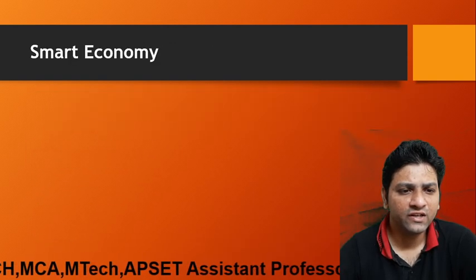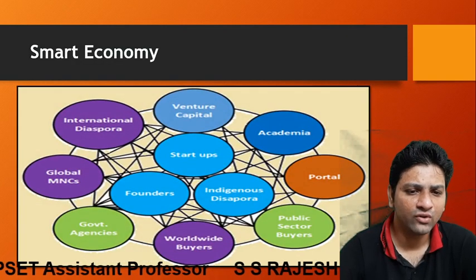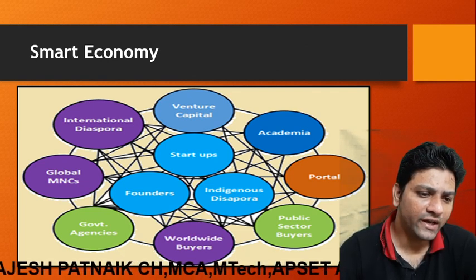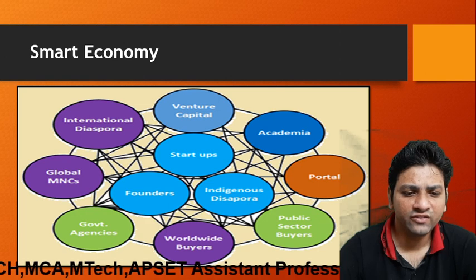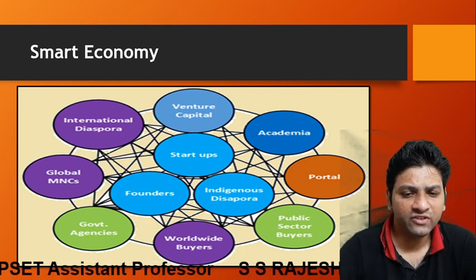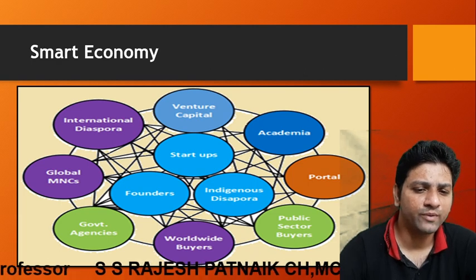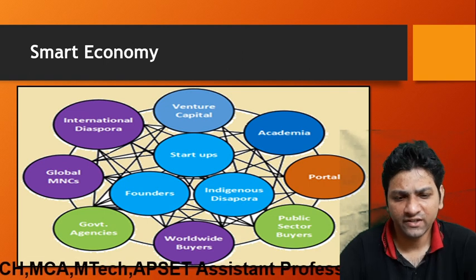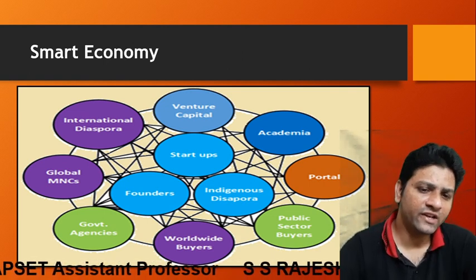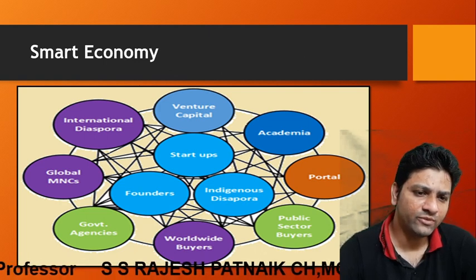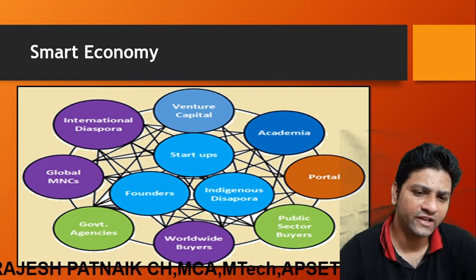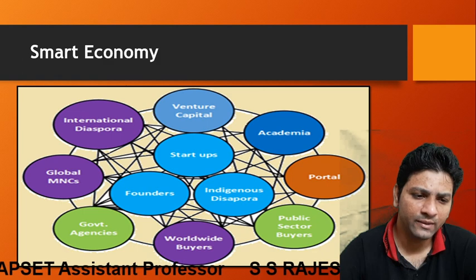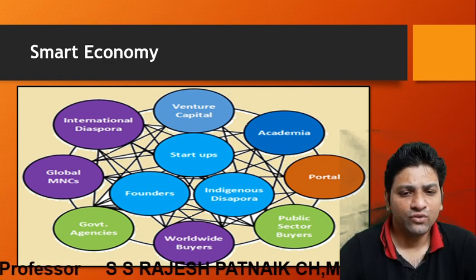The first thing here is smart economy. If you take the global connection of different elements in smart economy, there are global MNCs, government agencies, worldwide buyers, public sector buyers, startup companies, indigenous firms, diaspora, and venture capital. For example, every time in smart cities, if venture capital is taken by government agencies or any private agencies,